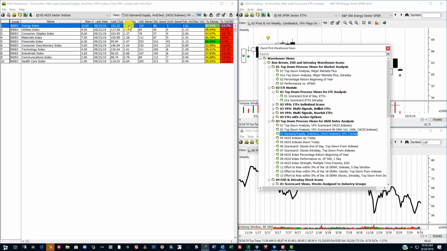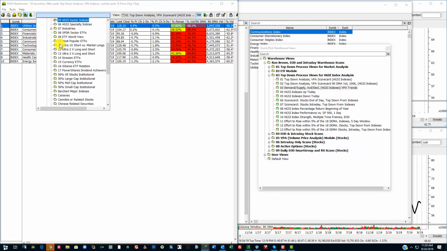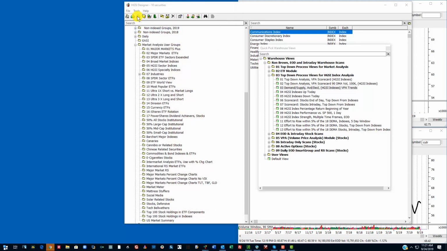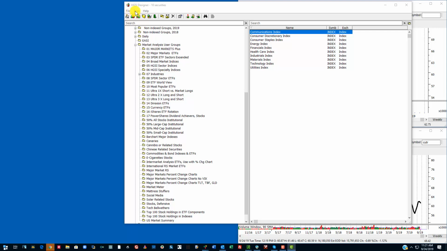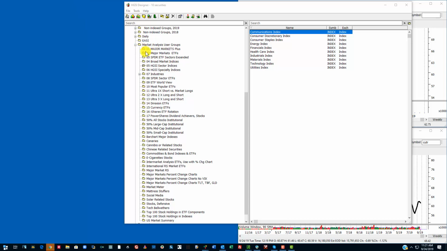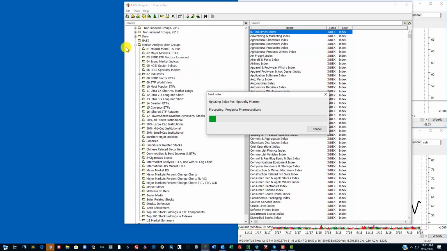This view number 3 shows advancing issues versus declining issues. Now I want to go in and update this information, but these can be updated intraday. I'm going to jump down to folder number 7, and I'll just go ahead and close this. I'll go into my designer under tools. I'm going to select number 7, rebuild indexes in group, and what it's going to do is